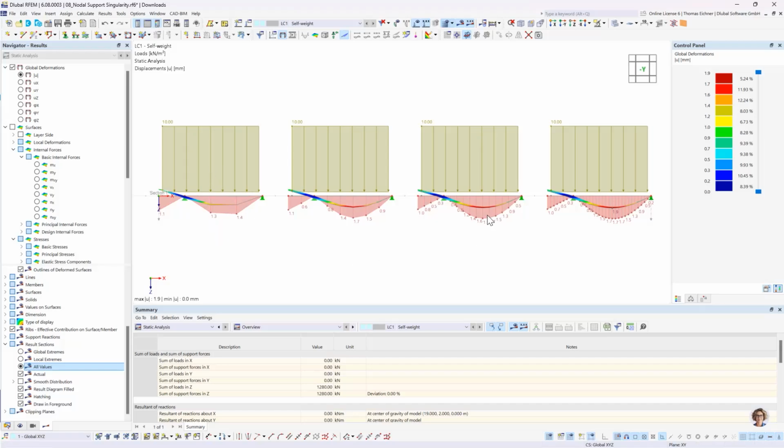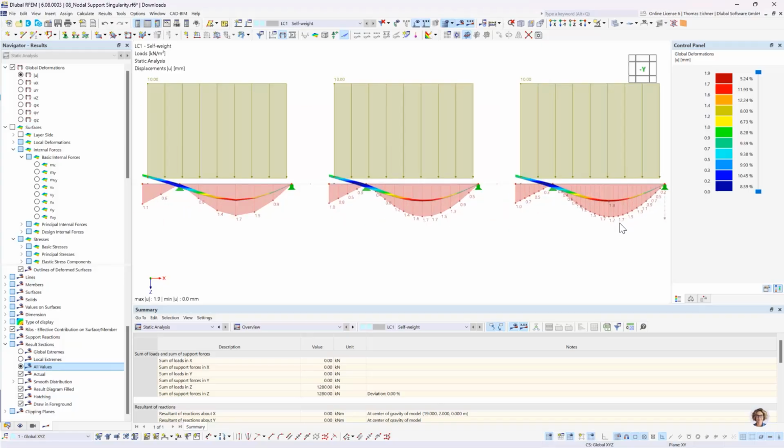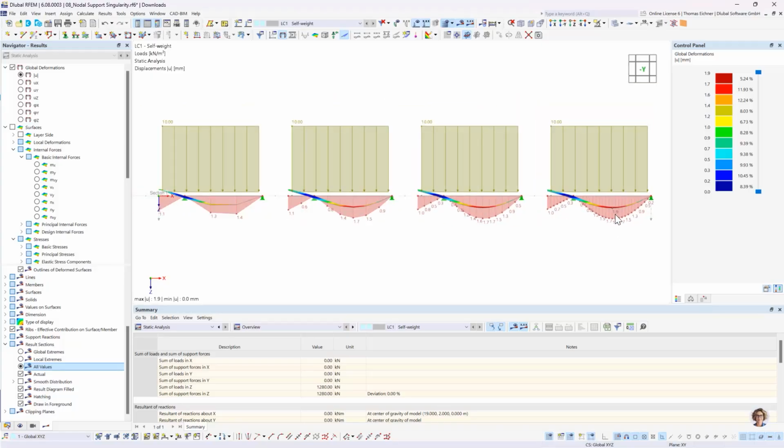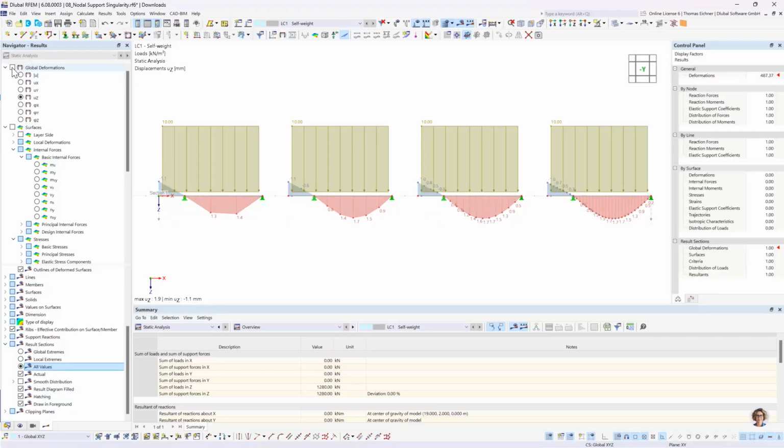We see on the finer mesh our maximum of 1.7 millimeters. Kind of right there. We have this 1.7 millimeters. This 1.7 millimeters would be in between this 1.3 and 1.4, but we don't have a result there, means we